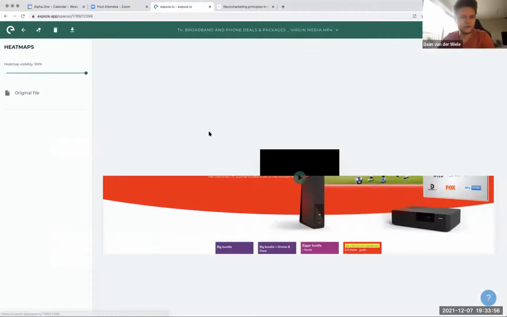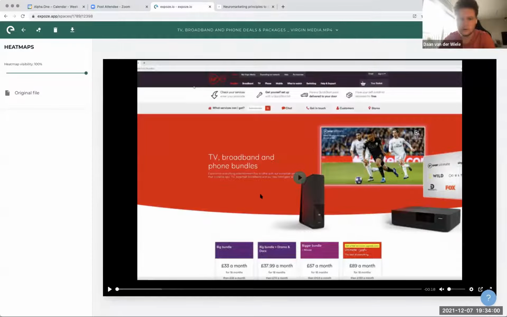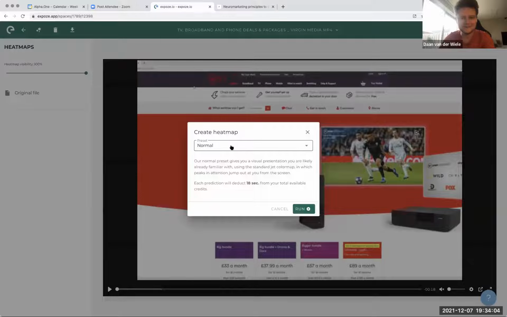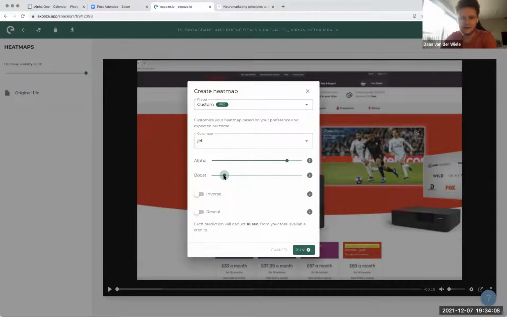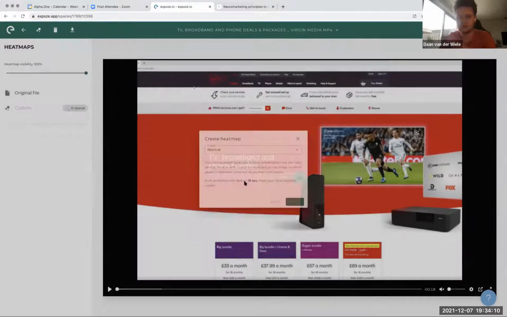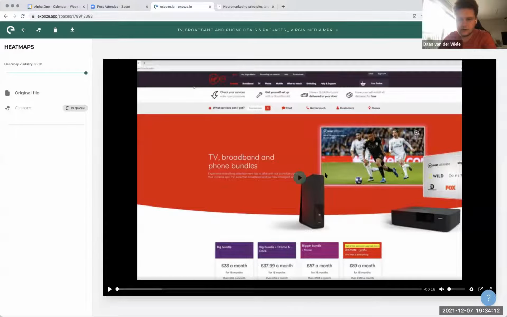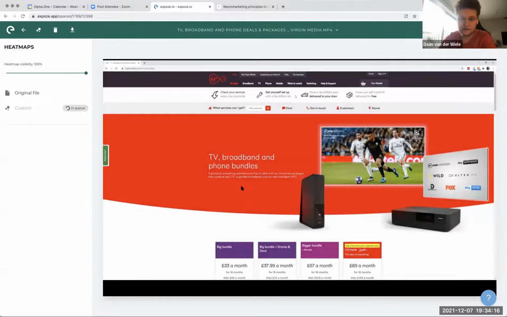And I'm just going to grab a video example just to show you guys how video works. Now, as you can imagine, video takes a bit longer to process than just an image. But even then, this is going to take about a minute to run. So this is a video of me scrolling through a web page, and this is actually a real case that